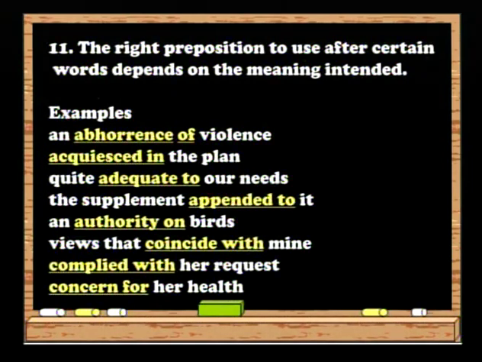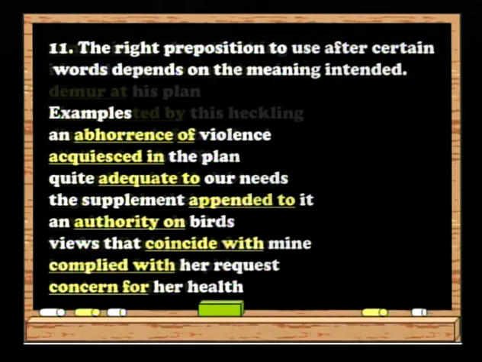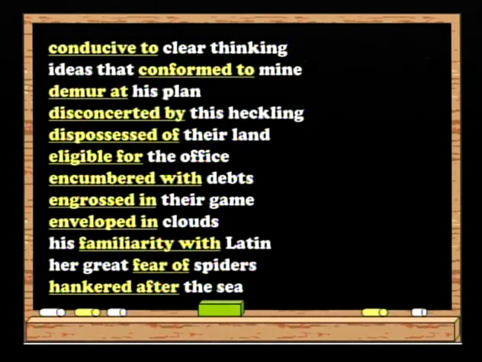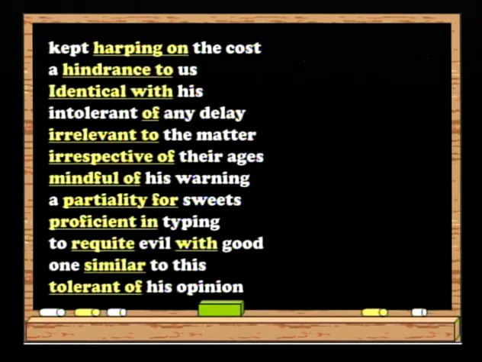complied with her request, concern for her health, conducive to clear thinking, ideas that conformed to mine, demure at his plan, disconcerted by his heckling, dispossessed of their land, eligible for the office, encumbered with debts, engrossed in their gain, enveloped in clouds, his familiarity with Latin, her great fear of spiders, hankered after the sea, kept harping on the